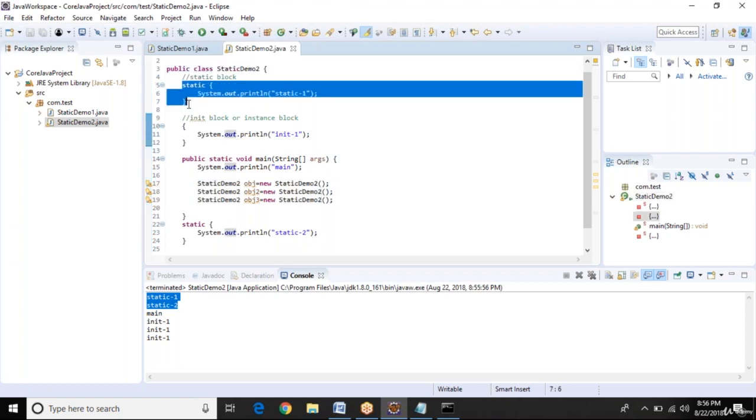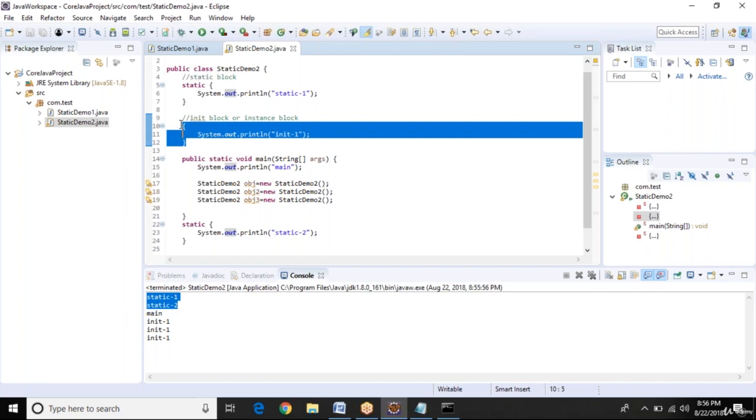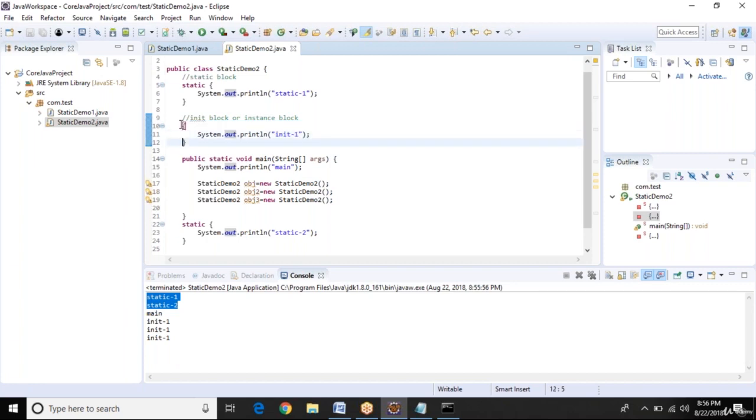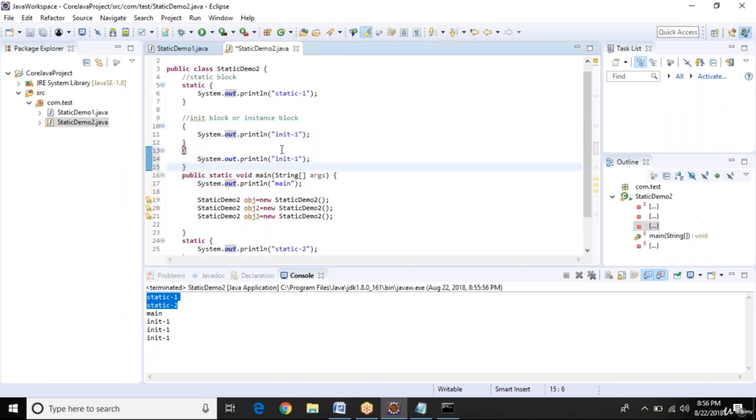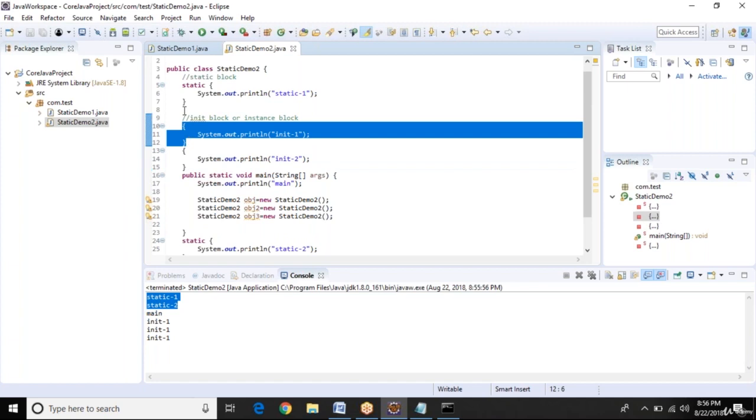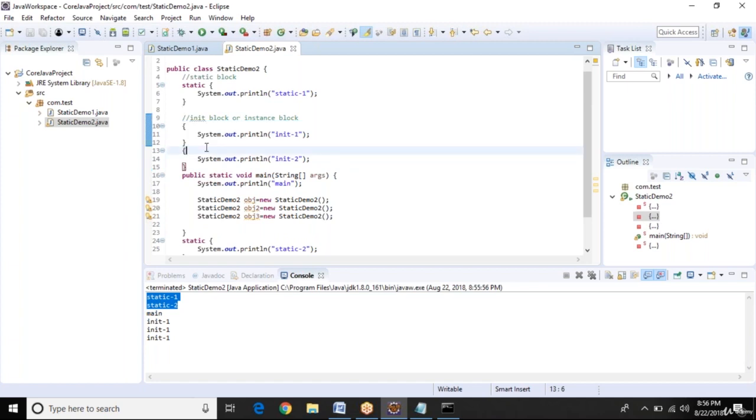Now we can have more than one init block as well. So we can copy this and paste it here. In this case, it will execute in sequential order for the initialization blocks. So what will be the output? First it will print static 1 and then static 2, then the main method.